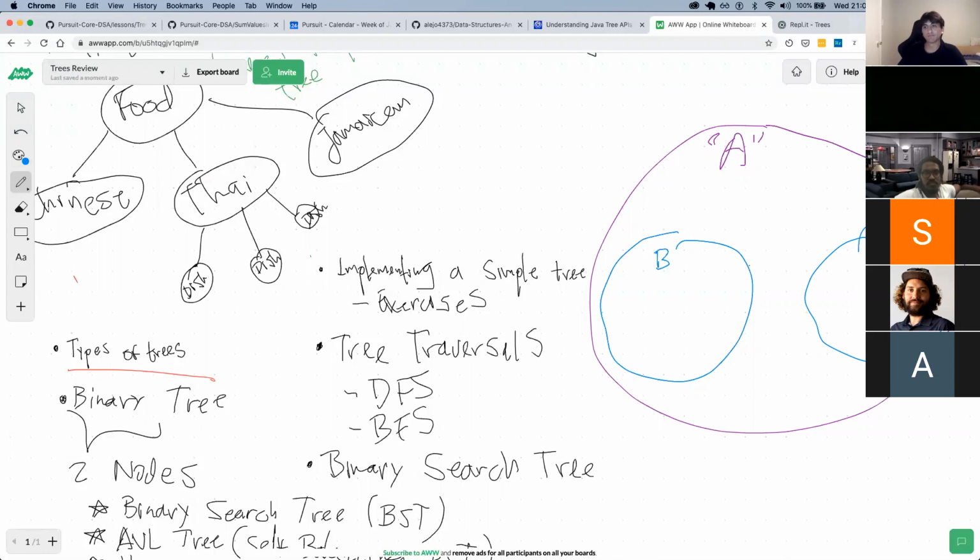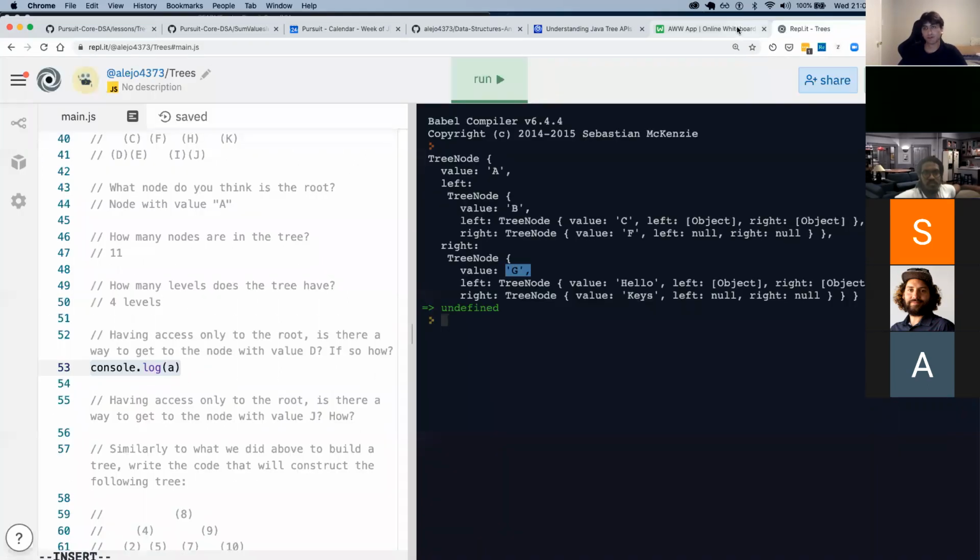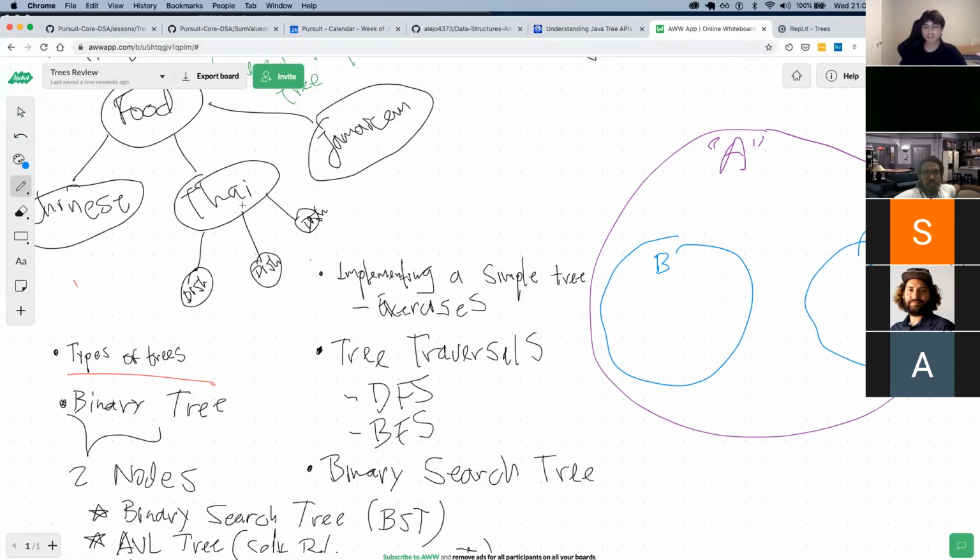I don't remember. B and G. And so initially my thinking was, this looks like Russian dolls, where they're one inside of the other. What are the nodes of B? Does anyone remember? C and F. And then for G, H and K.